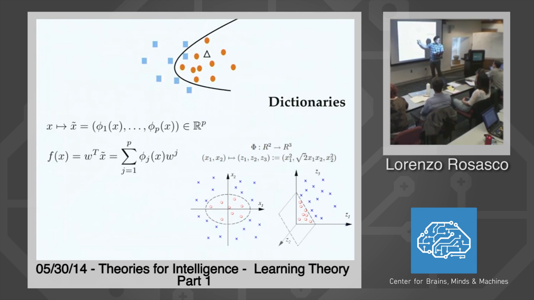Whenever you have to choose stuff like this, you would love to have a theory that tells you how to do it, or even better, how to learn this kind of stuff, okay? And a lot of what you will see, I don't know if Tom is going to talk about, a lot of ideas, for example, that bring ideas from neuroscience into machine learning are about how you actually build stuff like